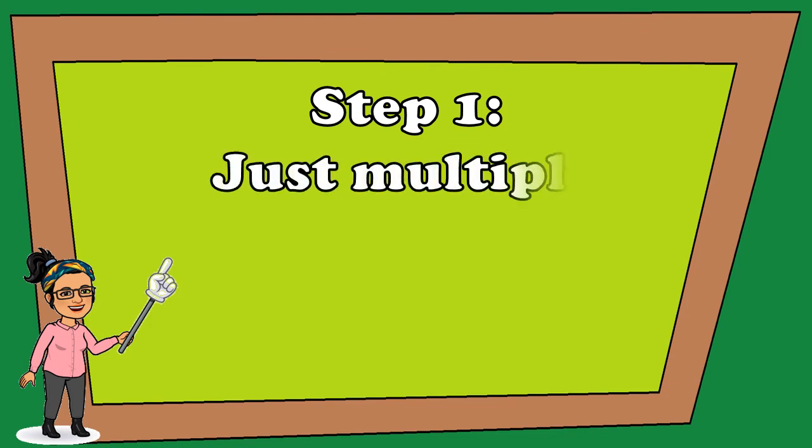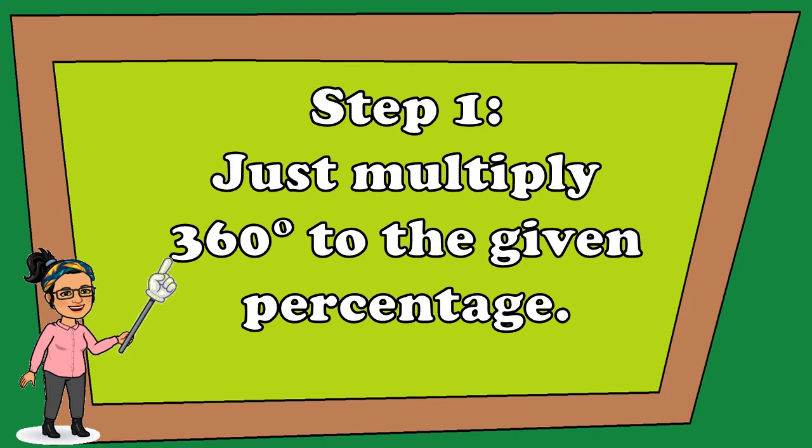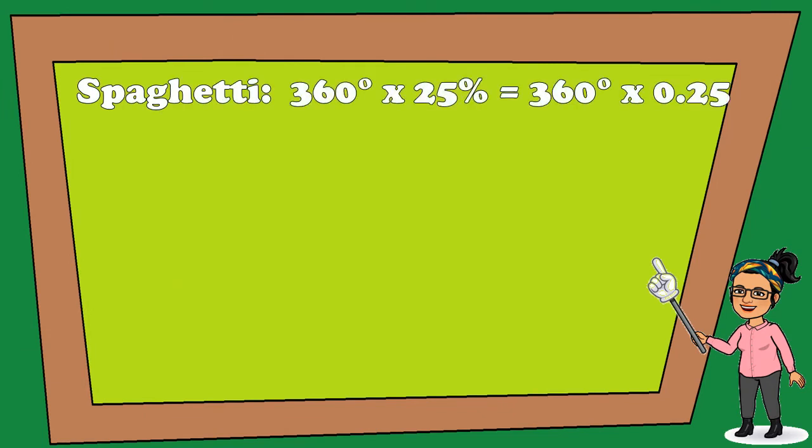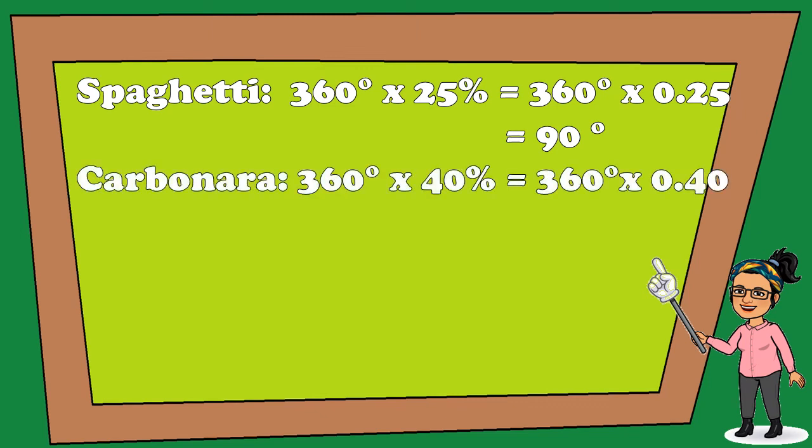So our step 1 is we just multiply 360 degrees by the given percentage. Okay, let's compute the angle of sector for spaghetti. So we have 360 degrees times 25% or 360 degrees times 25 hundredths. And that will give us 90 degrees. Okay? How about the angle of sector for carbonara? So that's 360 degrees times 40% or 360 degrees times 40 hundredths. And that will give us